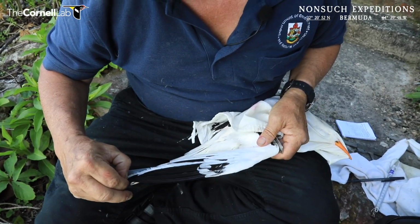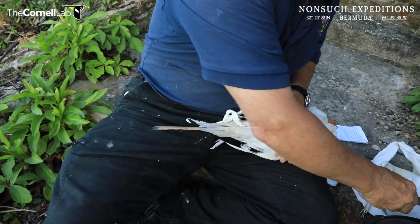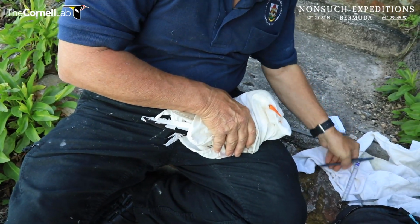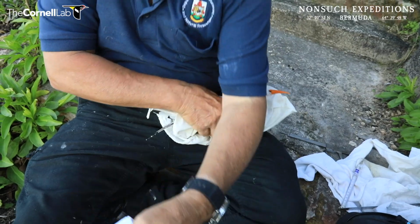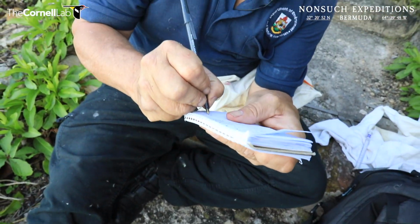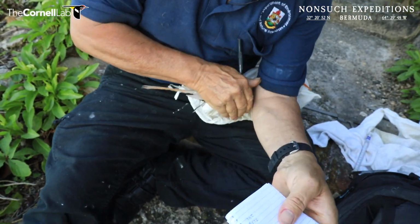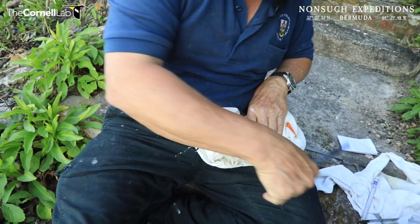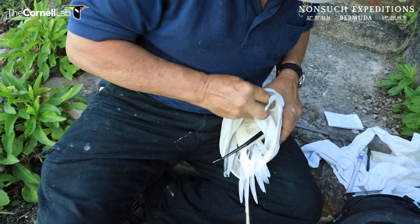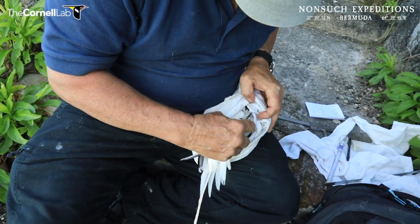So let's see, 286, so it's a bit bigger. The wingspan's similar, it's just the body is bigger. They're just more heavily built, and they're built to fight basically. So 286. And then number 3 is I'm going to turn it upside down and measure